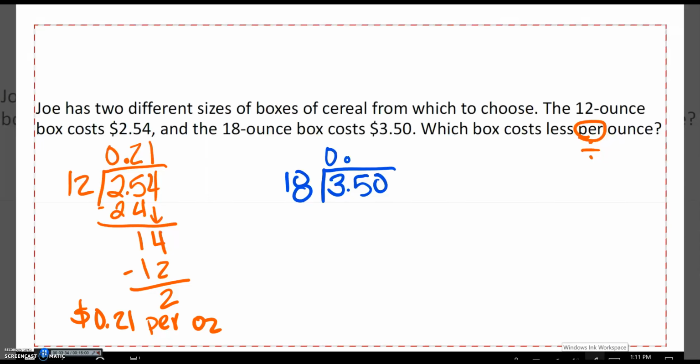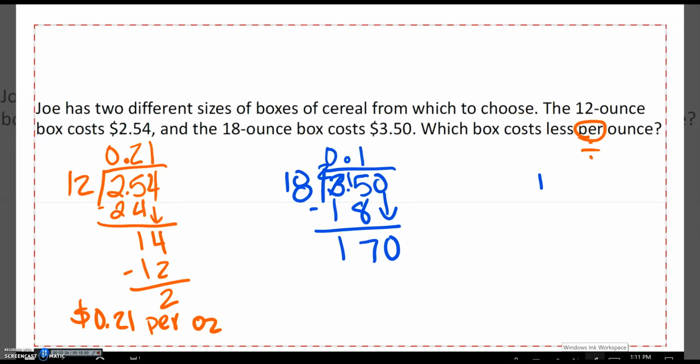So that's going to be once, which is 18. I'm going to subtract. That's going to become 2, and that's 15. So that's 17. 170. So now I know 18 times 10 would be 180, so it's going to have